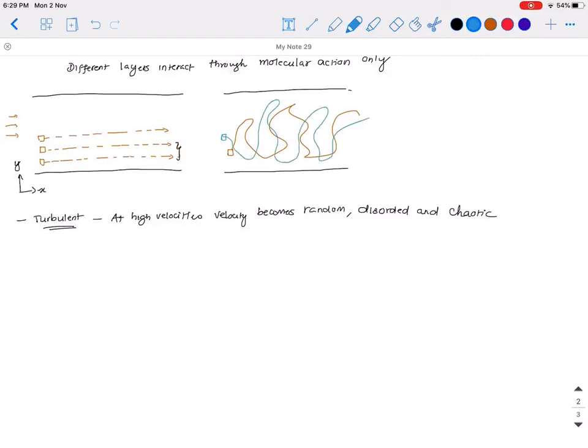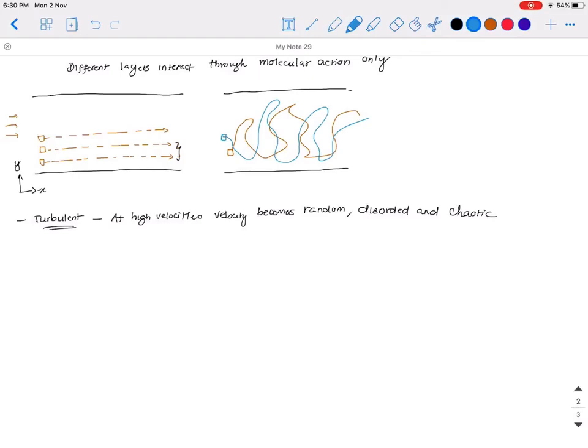What we have drawn are two path lines, and you know that path lines can intersect with each other. This is what we mean by random, disordered and chaotic motion. You can clearly see the difference between the ordered and smooth flow field in laminar flow and the chaotic